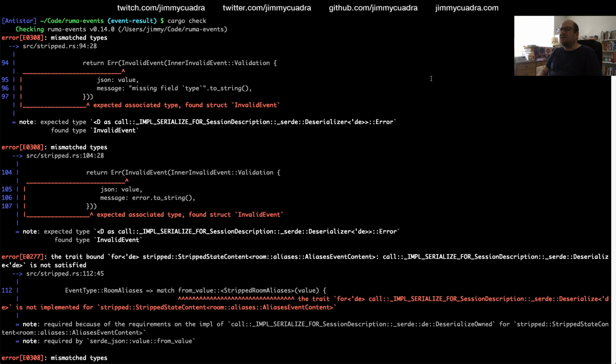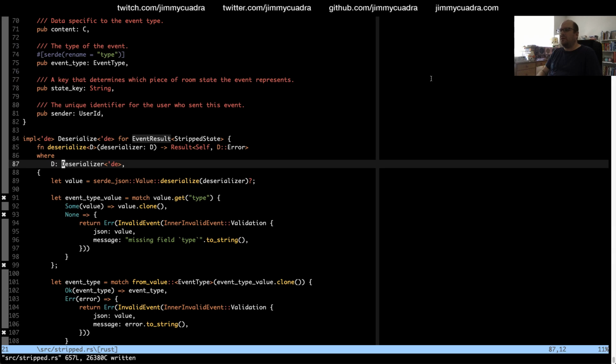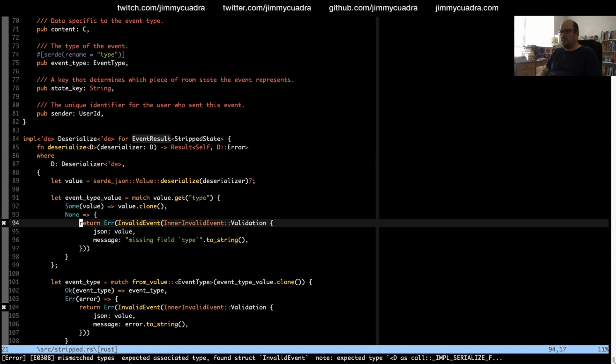Mismatched types. Expected associated type, found invalid event on 94. Okay, I'm really screwing this up somehow.